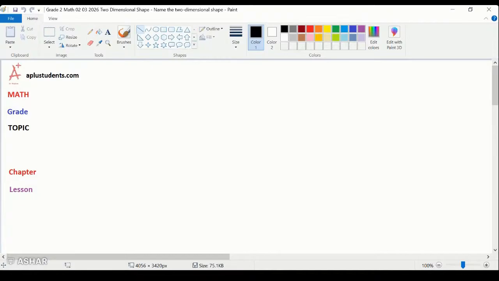The first thing you need to do is go to aplusstudents.com. Once you're on the website, select math as your subject. This is a grade 2 maths lesson, and the name of the topic is